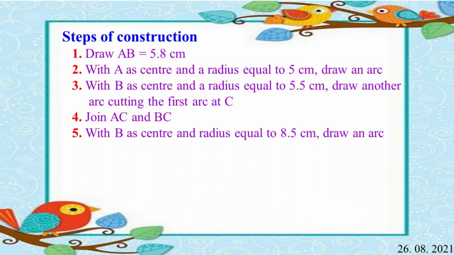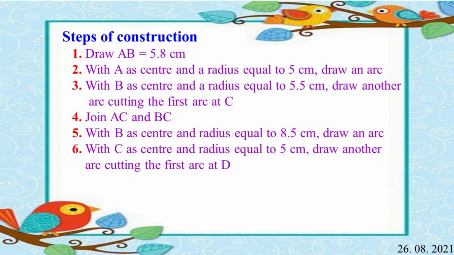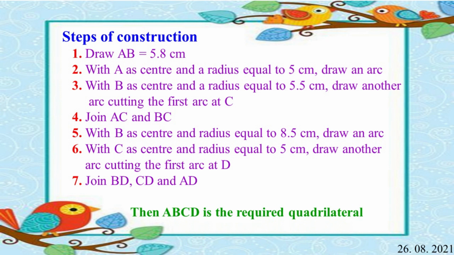Fifth step, with B as center and radius equal to 8.5 centimeter, draw an arc. Sixth step, with C as center and radius equal to 5 centimeter, draw another arc cutting the first arc at D. Seventh step, join BD, CD and AD. Then ABCD is the